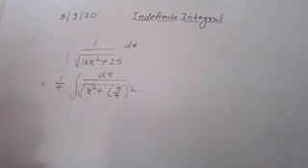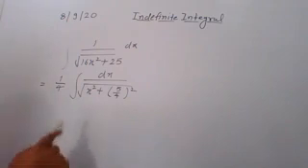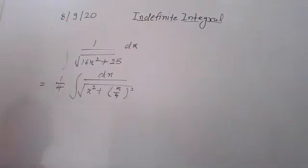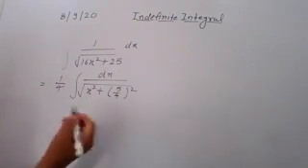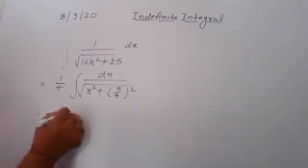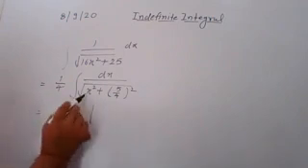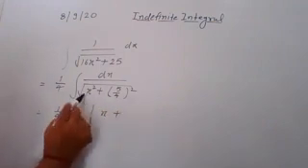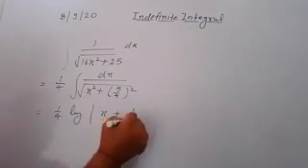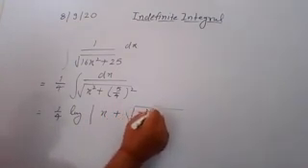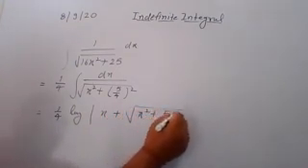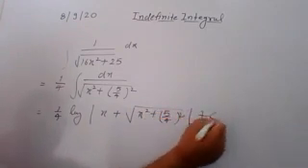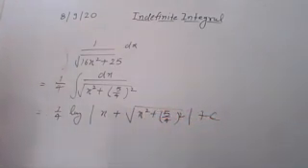Okay, and that is equal to integration of 1 upon under root x square plus a square. So what is its formula, beta? log x plus the same function. You apply that. So here you have 1 by 4 log x, so in place of x here you have x, so right here x plus the same function. So you write here under root x square plus (5 by 4) whole square plus c.